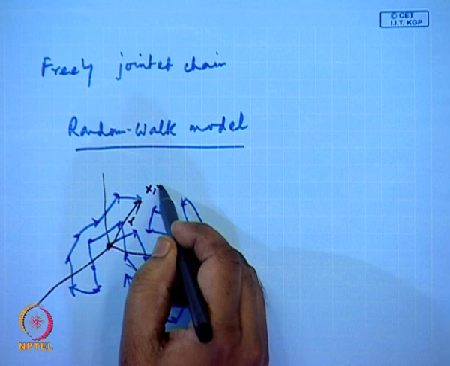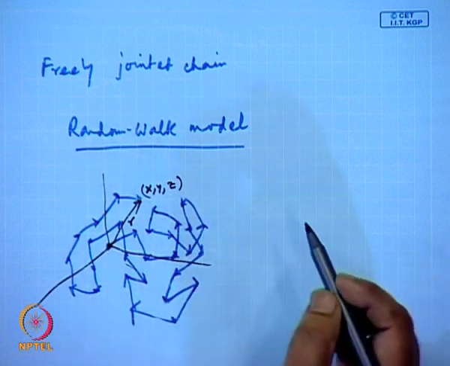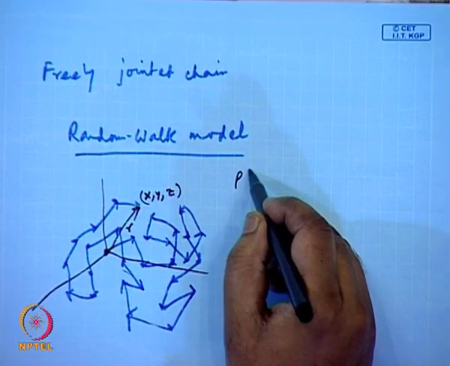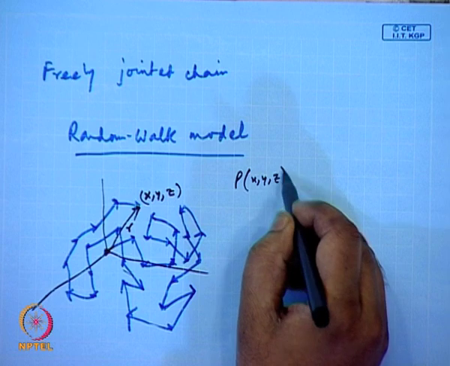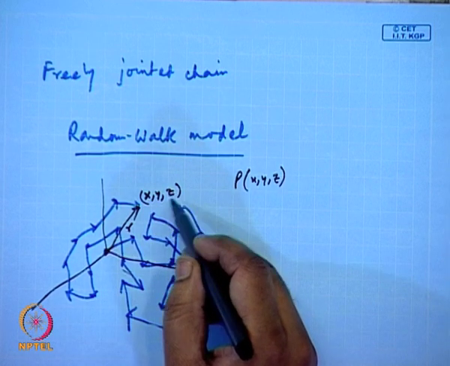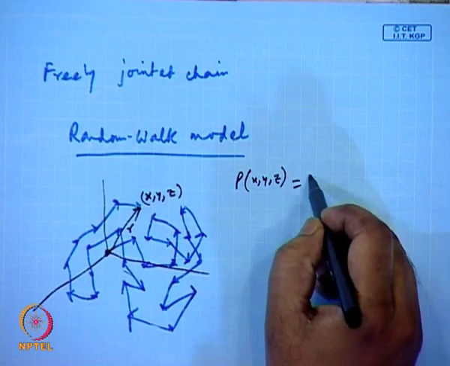So, if you put this as x, y, z, then the probability that the other end would be at a point x, y, z, which has a distance r from the origin, would be given by